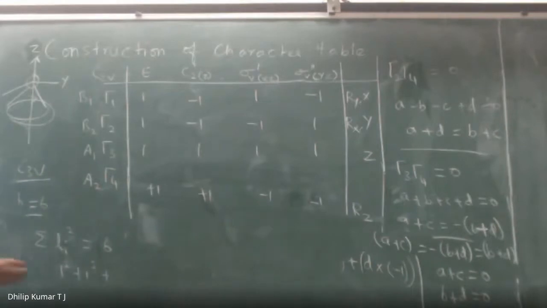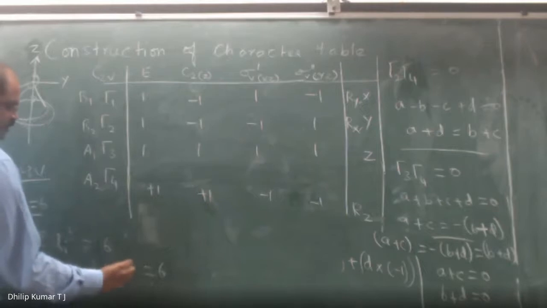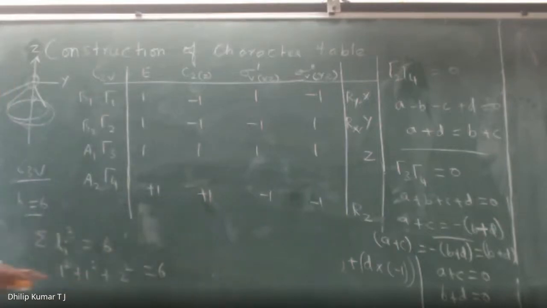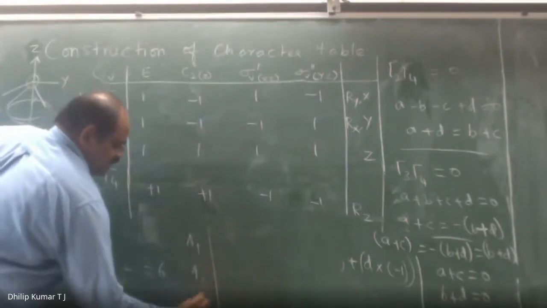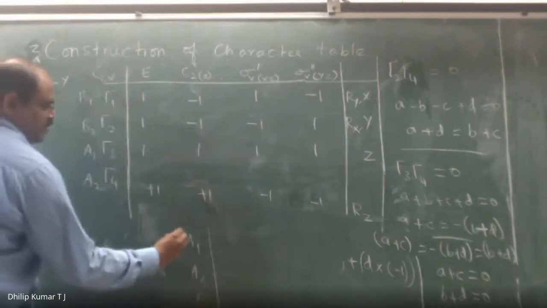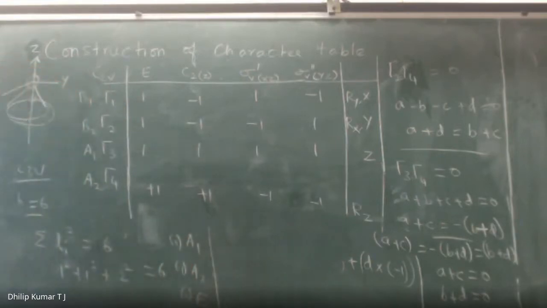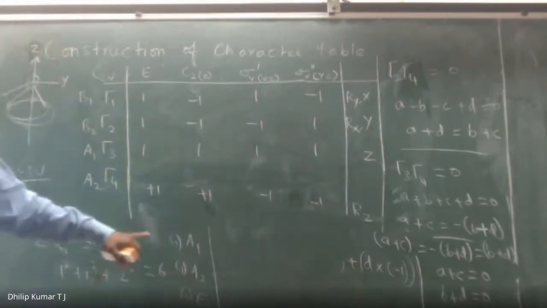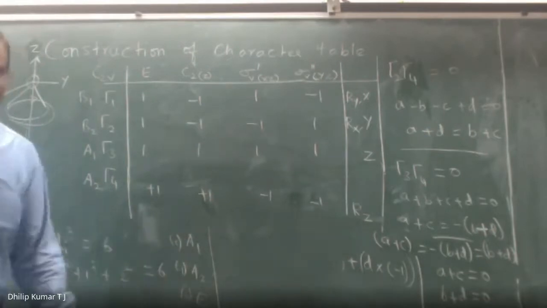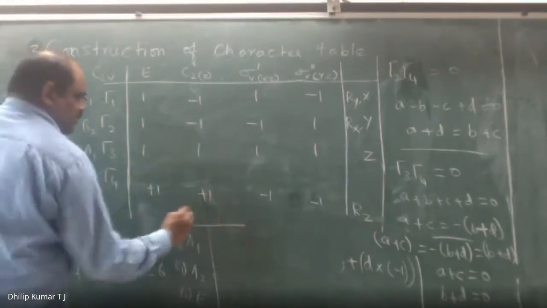So 1 square plus 1 square plus, the only possibility to make it 6 is to make it 2 square. So it's 1 square plus 1 square plus 2 square. Then it becomes 6. That's why you get A1, A2, and E. Because this is 1 dimension, this is 1 dimension, this is 2 dimension. Yeah, so it has 3 classes. That's why you're getting 3 IRs, and 2 are 1 dimension. The third one is 2 dimension. So this was C3. So you can build it like this,